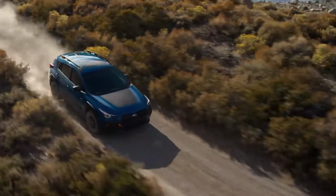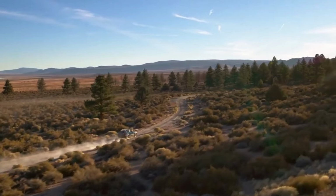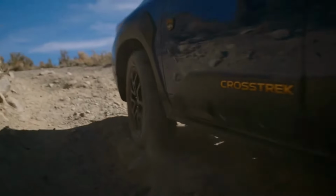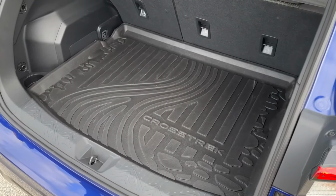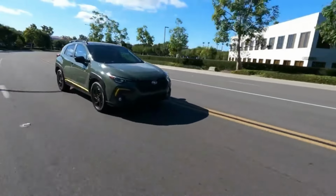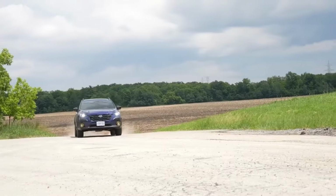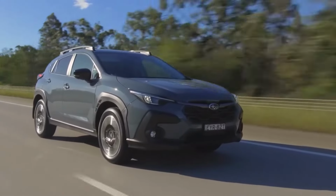One of the biggest strengths of the Crosstrek is its ability to handle a variety of terrains while maintaining excellent fuel efficiency. Unlike many compact SUVs that are primarily designed for urban environments, the Crosstrek is built to go off the beaten path. With 8.7 inches of ground clearance, it can tackle dirt trails, snow-covered roads, and rocky paths